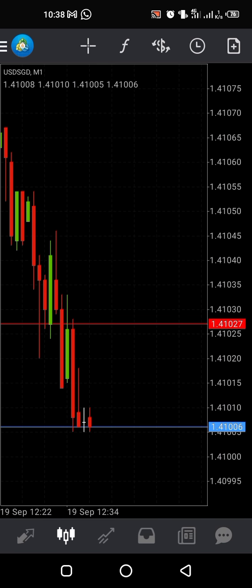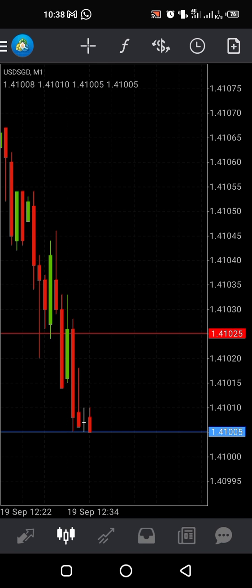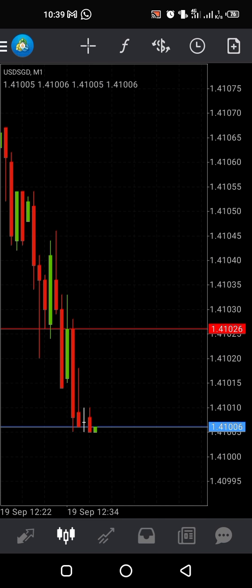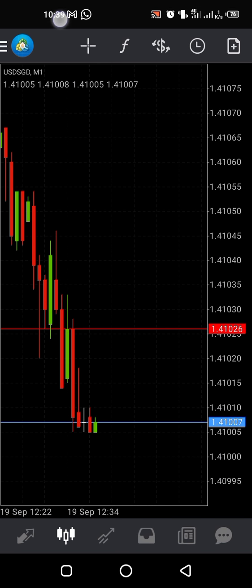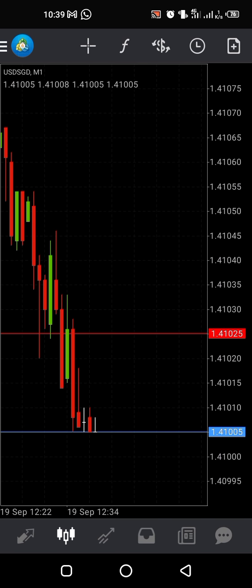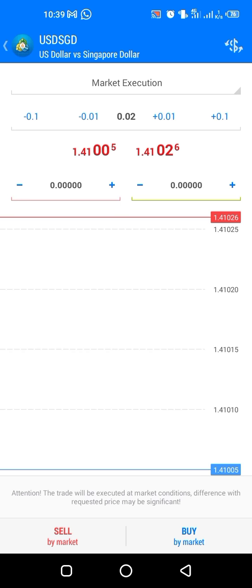Okay, let's see. Can you guess which color it will close with? Come on, 1 minute. Whoa, so it closed at a red. You can see a new candle has been opened, and this is 10:39. It was 10:38. So every 1 minute. Now